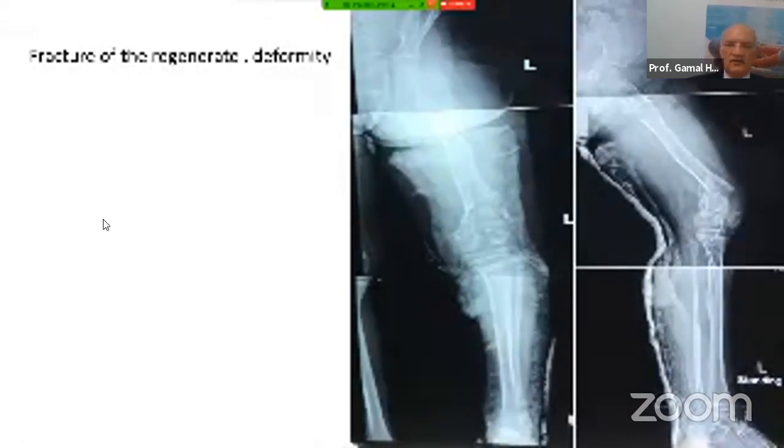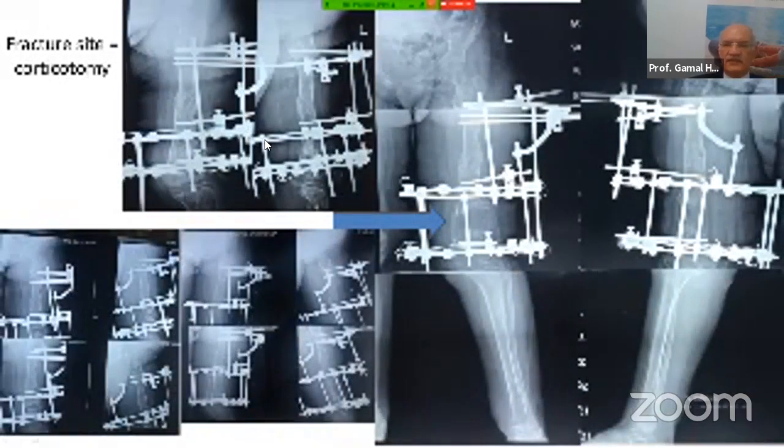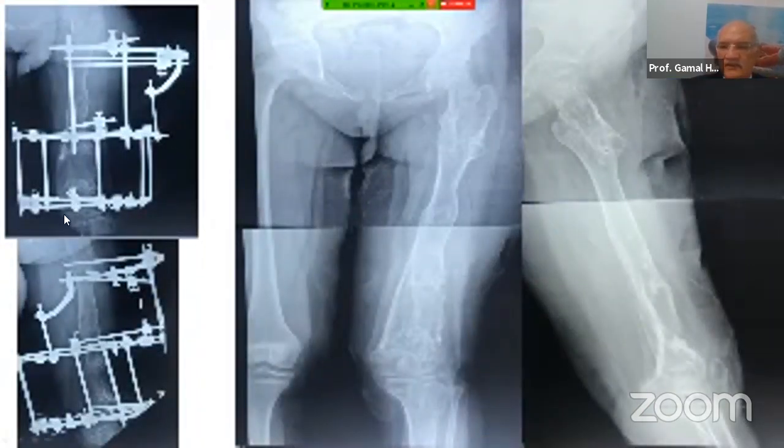Because if you have a closed fracture, that means it looks like a closed corticotomy. So we put the frame on, we corrected the deformity, and did closed reduction of the fracture. Then we waited for a couple of weeks. Then we started lengthening 1 millimeter per day. We used the fracture site as a corticotomy. Closed, the blood supply is all preserved. Then we waited the waiting period, a couple of weeks, not 1 week. Then we started gradual lengthening. So we reached about an extra 6 centimeters and we corrected the